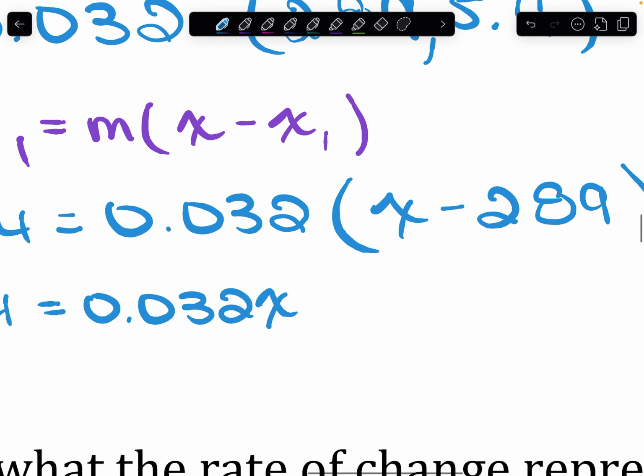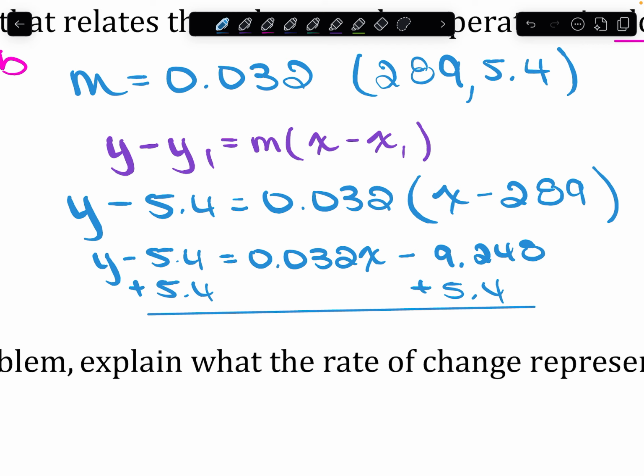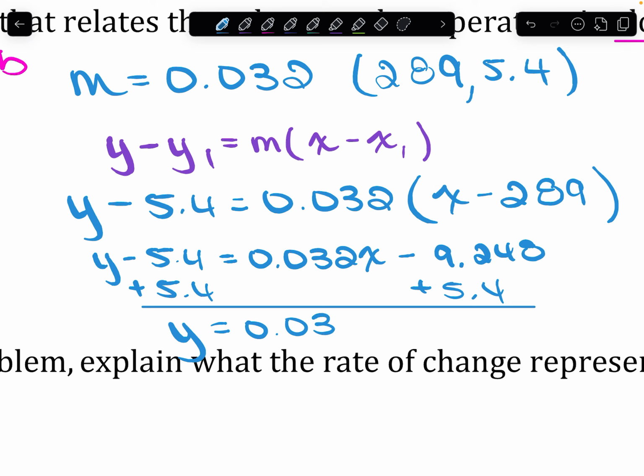0.032x. And then we do this little multiplication here. So 0.032 times negative 289. So negative 9.248. And then lastly, we add to get y by itself. It's terrible 4, that's okay. So we have y equals 0.032x, and then combining those two numbers, negative